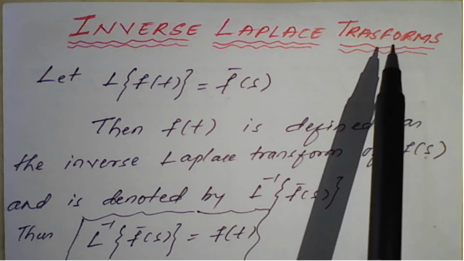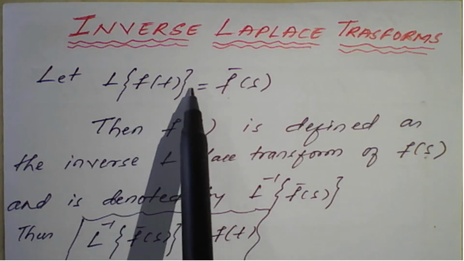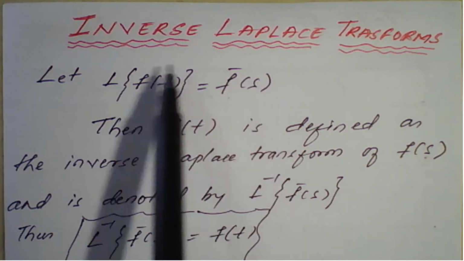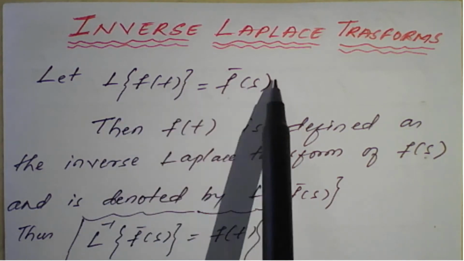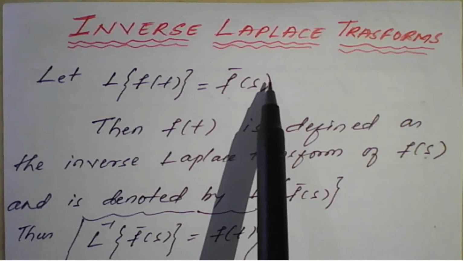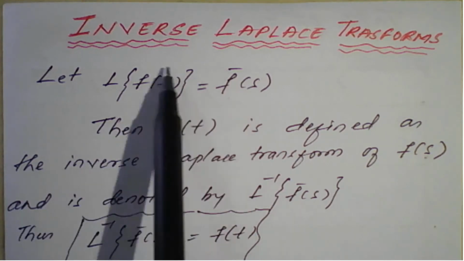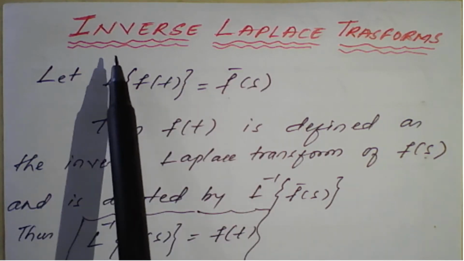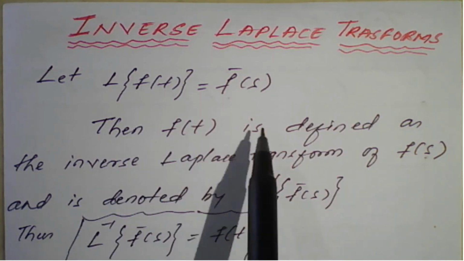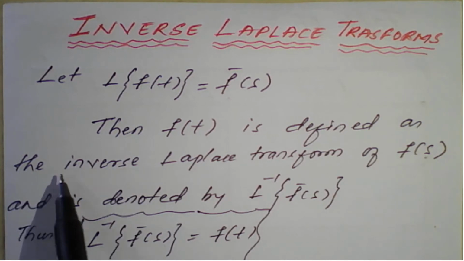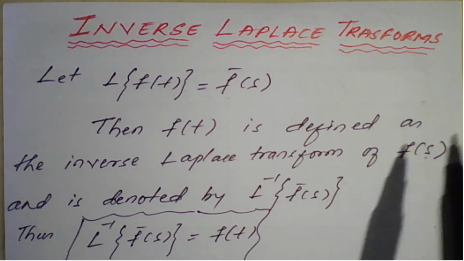Inverse Laplace transform. Let Laplace of f of t be equal to F dash of s. We know that the Laplace transform of a given function f of t will give F dash of s. So this is nothing but a Laplace transform. But what is inverse Laplace transform? We'll see now. Then f of t is defined as the inverse Laplace transform of F dash of s,